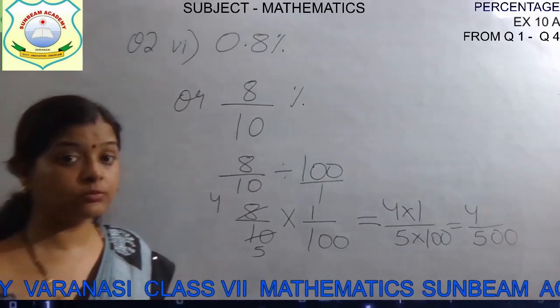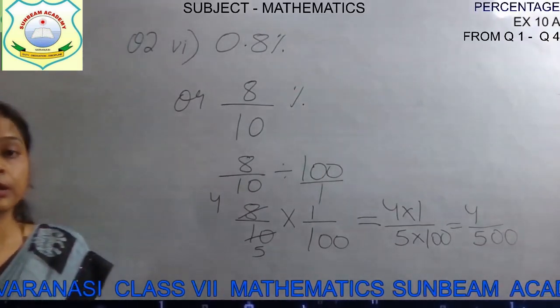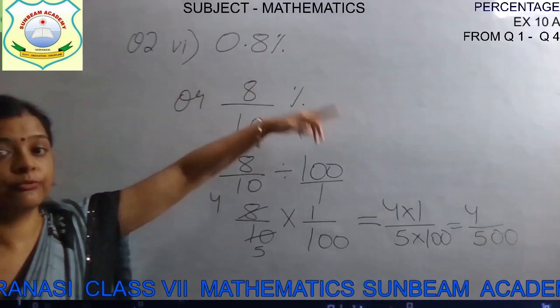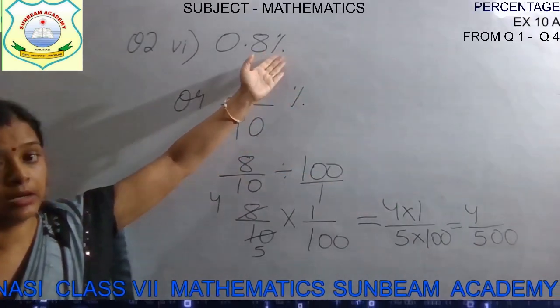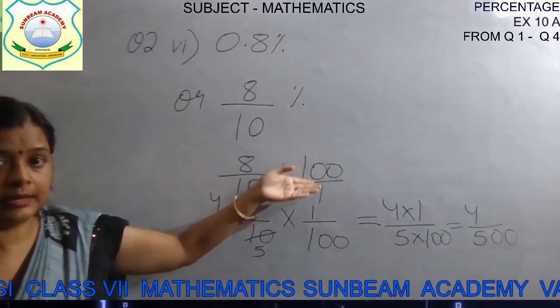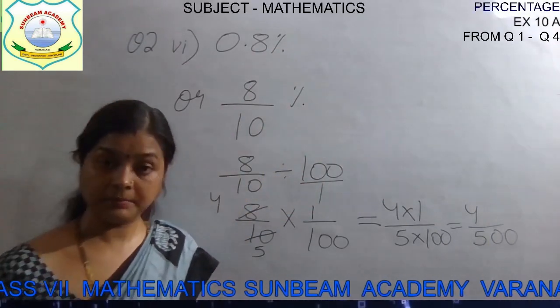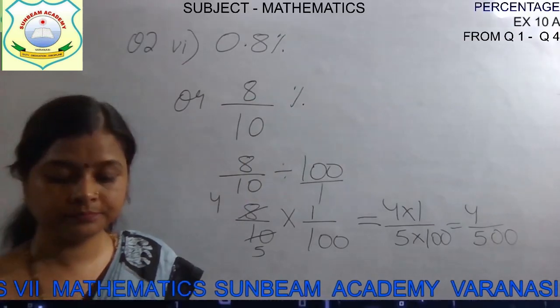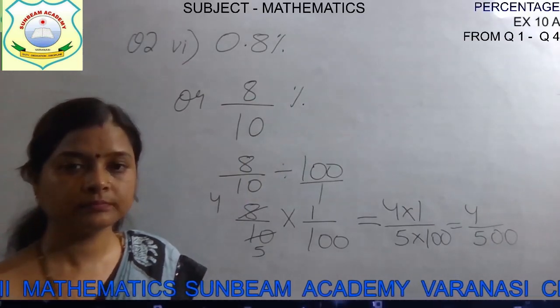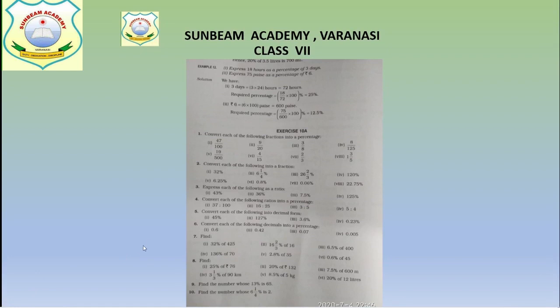I think these questions are clear to you. If you have to convert this percentage into fraction, just remove the sign and write down divide by 100. It means by 100, out of 100. Now see the next question. Question number 2, 8th part. The 8th part is 22.75, children.